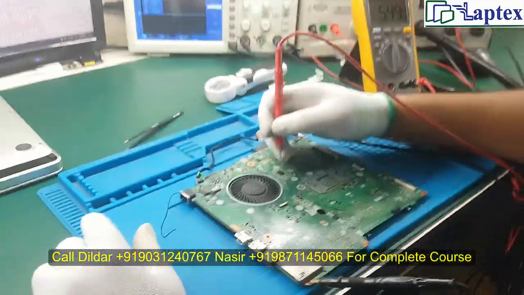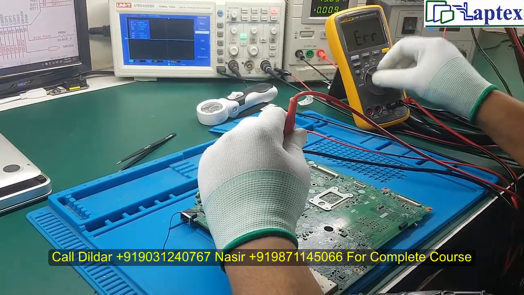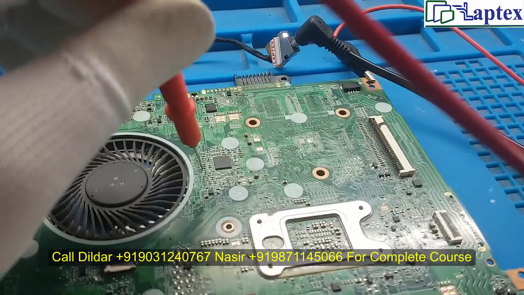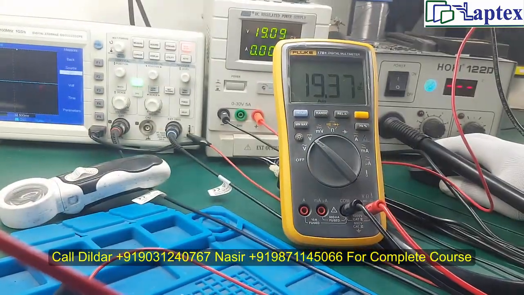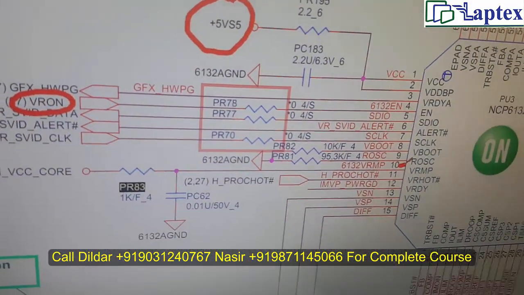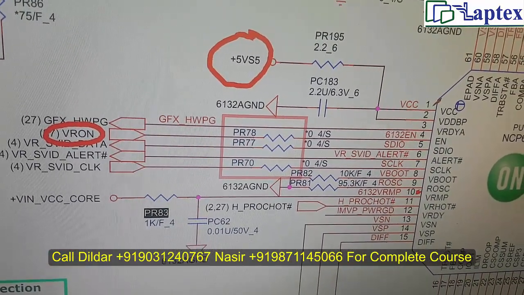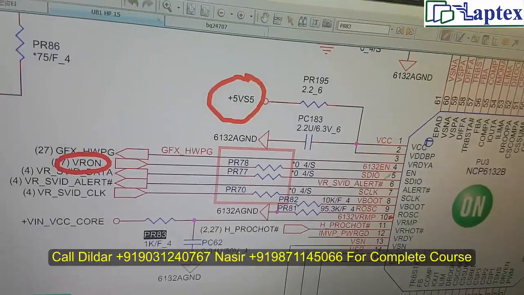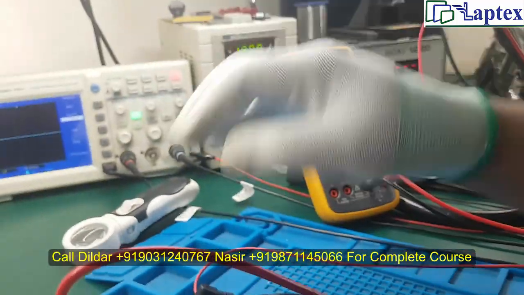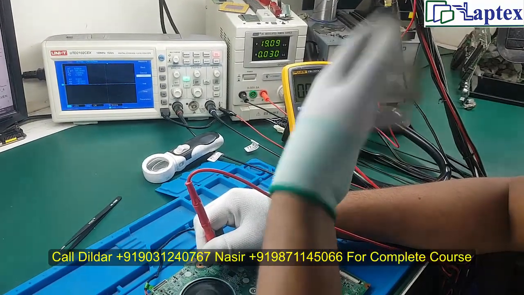So let's begin. I started by checking 19 volt on the motherboard in this core section. I have found the 19 volt, and I am checking on this resistor. So now you can see pin 10 is the 19 volt, and now let's check the 5 volt VCC S5. Let me check on pin number 1, and you know it is the suspend logic. After turning on, you are going to get this voltage. Now it's generated and going back.